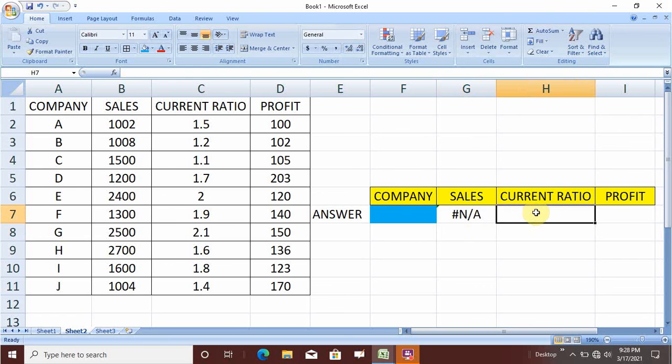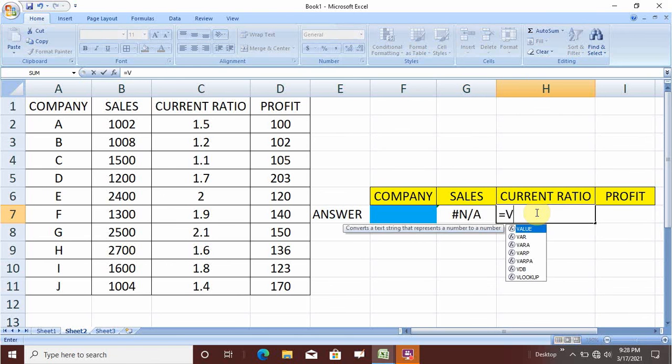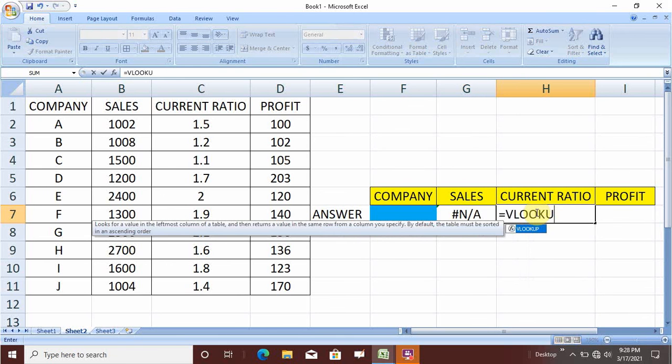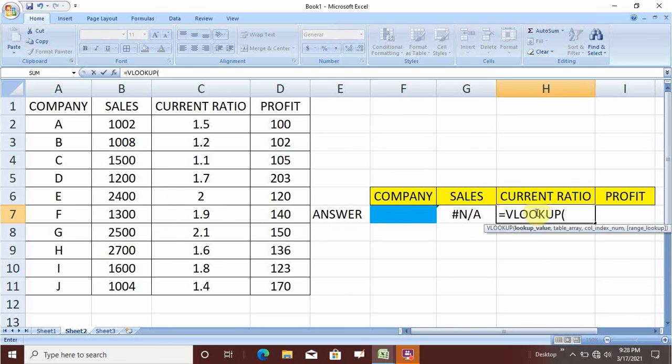Now another is, let us see current ratio. Now again you apply the same concept, you apply equal to, type VLOOKUP, and now you select the variable field. This is your variable field. Here if I put any company name, say suppose ABCD, all data should change. This is how we have to move forward. Now you start the comma, select the given set of data, again you put comma.